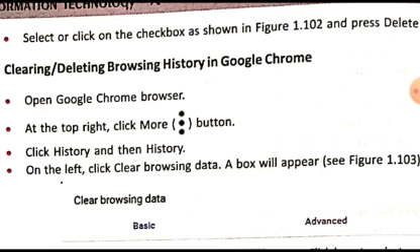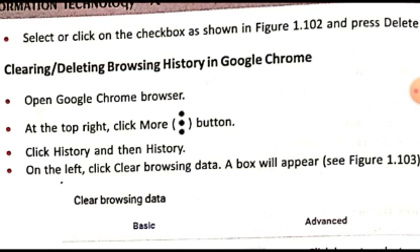Only the buttons which you have to click will be different in the different types of browsers. The option which you have to choose in Internet Explorer will be different from the option in Google Chrome, and the steps for Google Chrome will be slightly different from the steps for deleting the browsing history in Firefox and other browsers. So what I want to tell you is that the steps are basically the same, only the options you follow in the steps are slightly different for all browsers for deleting the browsing history and different types of data stored by the browser.